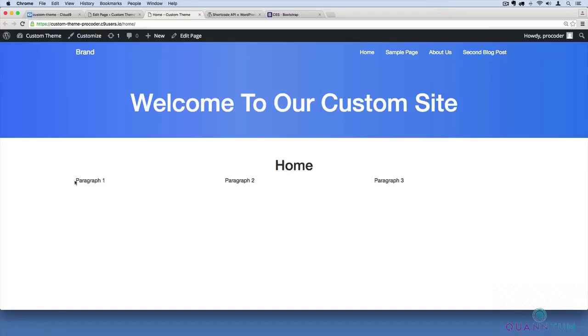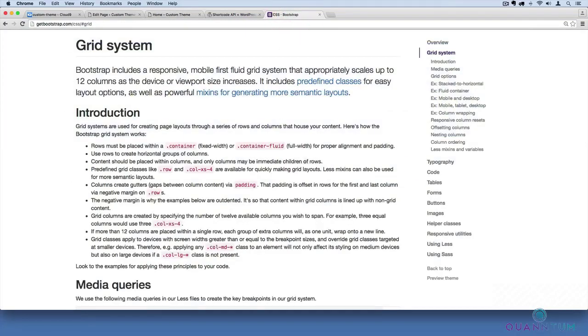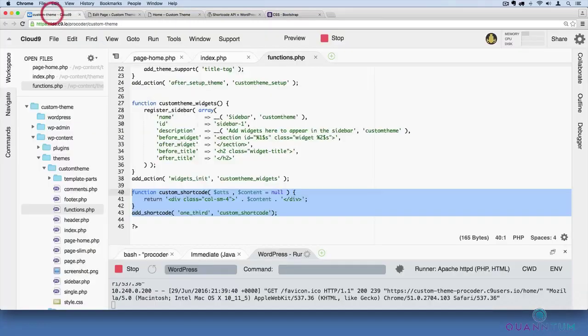Okay, so we have our shortcode implemented. We've learned now how to create custom shortcodes. And in this case, we created a pretty simple one where we injected our shortcode into here, and it got it to create 3 columns. Okay, we created this custom shortcode that utilizes Bootstrap's column structure, and we basically just inject that code, as you